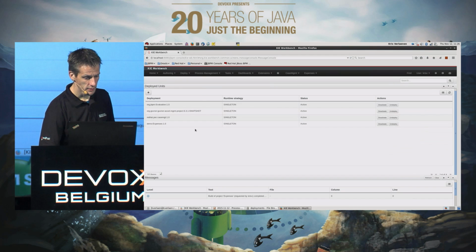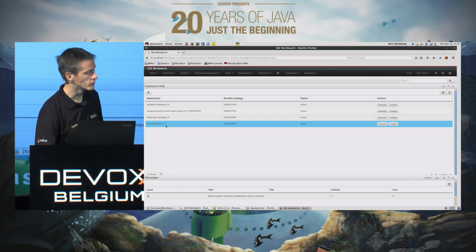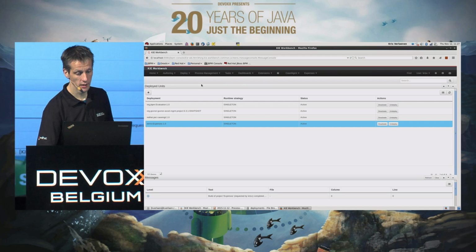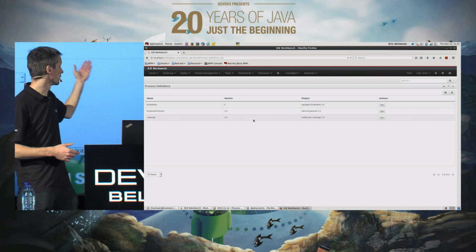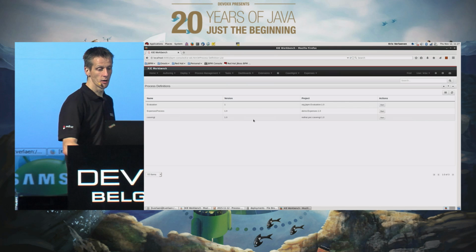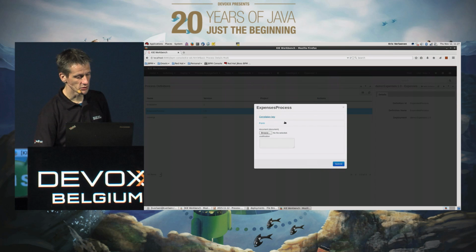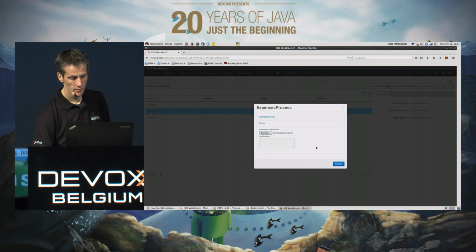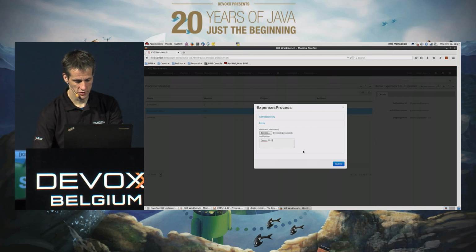So if I look, okay, it's the last one here. I created just the first version 1.0 of the expense process, and this is deployed to the server. So you can go and look at, okay, what is my process definition list? These are all the processes that are currently deployed in the instance that I have running here. You can see that for this version of the process, I can actually start a new instance by, let's say, uploading this expenses file, giving in a justification,